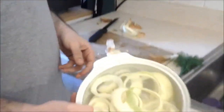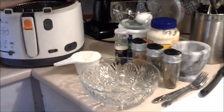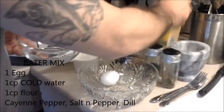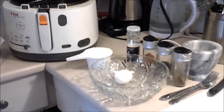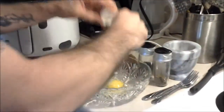So that's going to be our onion rings. That's good enough for now. Now when we come over here, this is everything we're going to need for our dips and you name it. So you need an egg. This is going to be for our sauce. This stuff here, mayo and sour cream, and this little bowl goes over here. That's going to be for our dip. We come back over here, I'm going to show you how to make our little